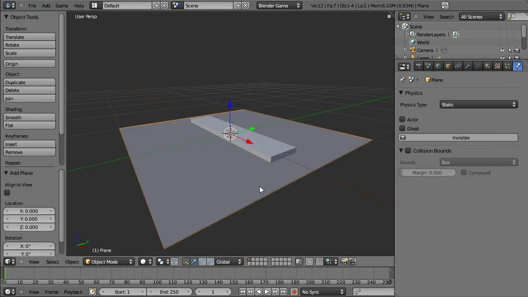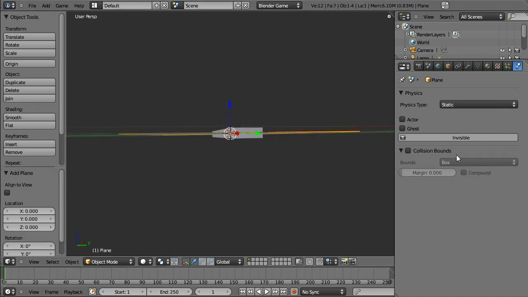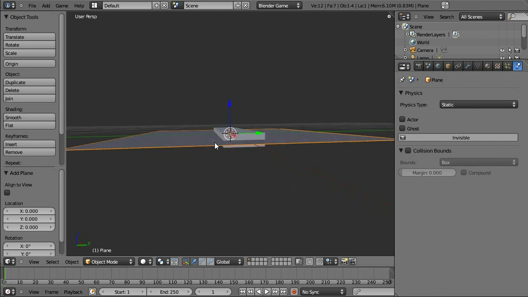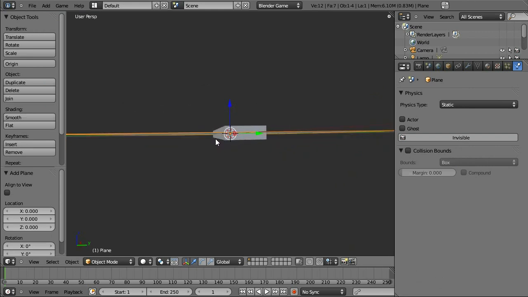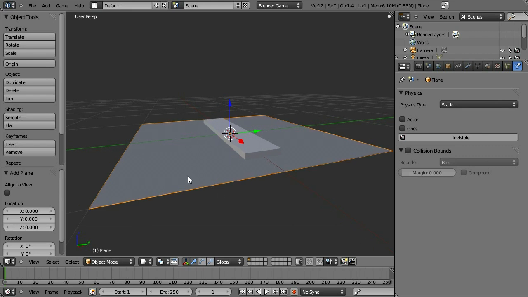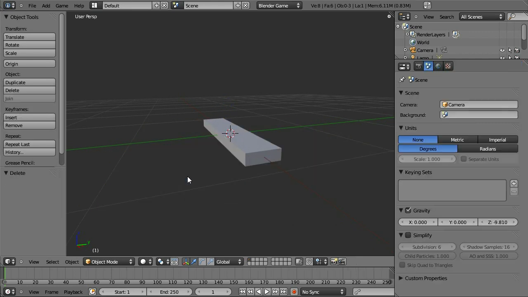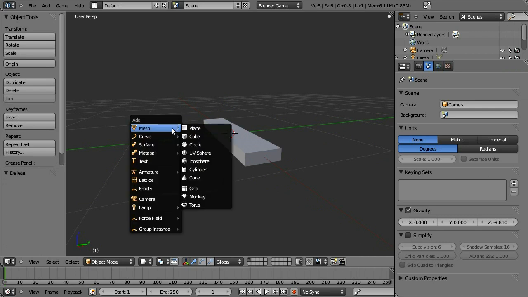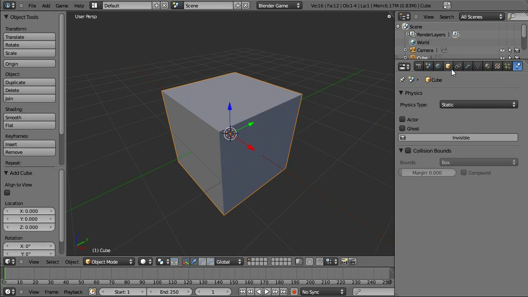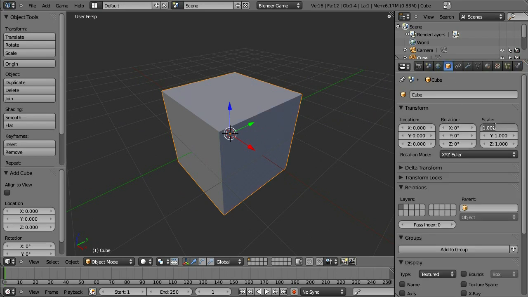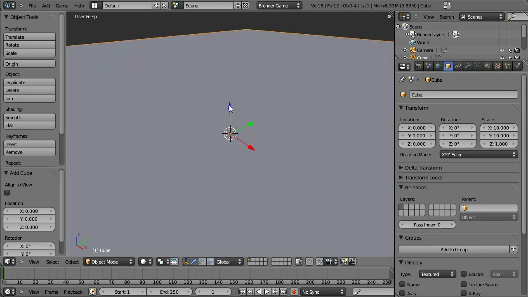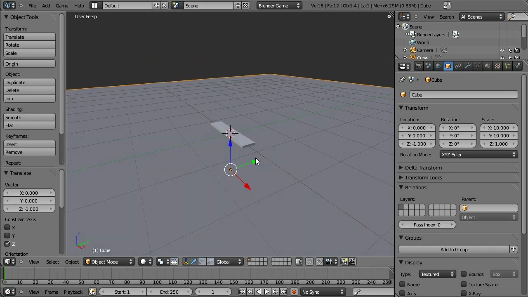You might be tempted to add a plane, but Blender doesn't implement a plane primitive for collision bounds, so I don't recommend that, because instead what you have is a very thin solid through which objects could easily go through. So I'm going to delete the plane, and instead, pressing Shift A here, I'm going to add a cube for my ground. And I'm going to scale that up to about the size of the grid, and I'm going to make it flush with the grid by lowering it 1 unit. I call this ground,